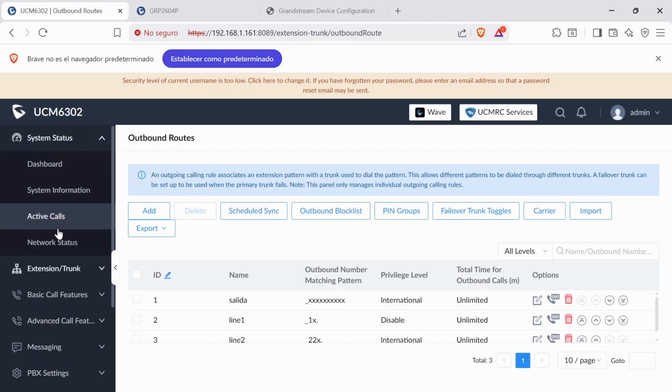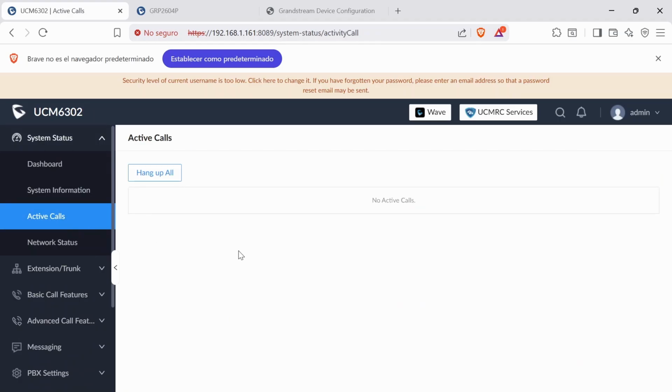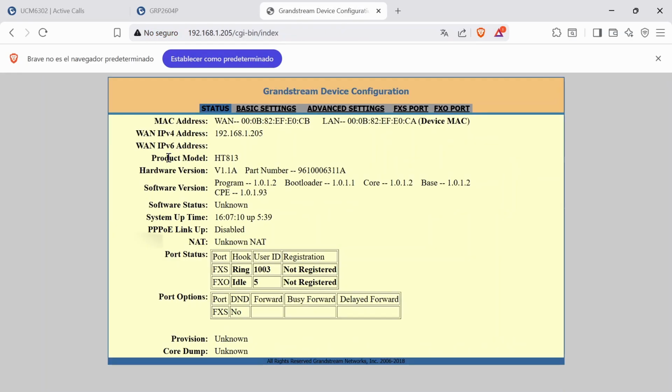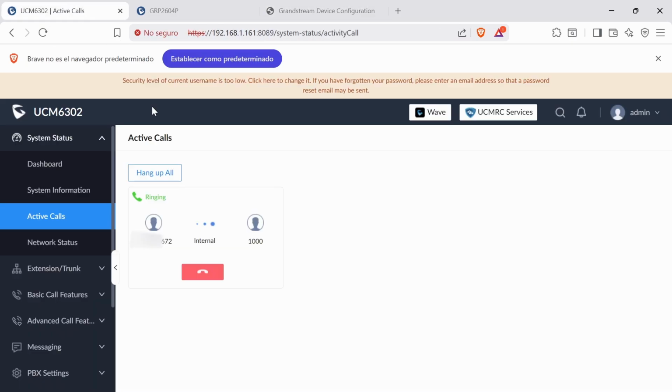We go to the Active Calls option, make an incoming call, and initiate a call from a cell phone. On the adapter side, we should see that call in the status section, which indicates ring. We go there and the phone is ringing, we answer the call and the call is established and there would